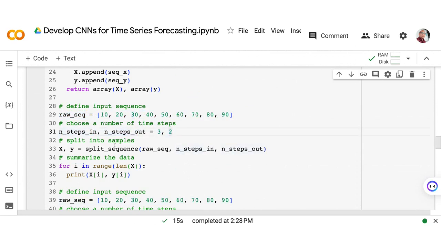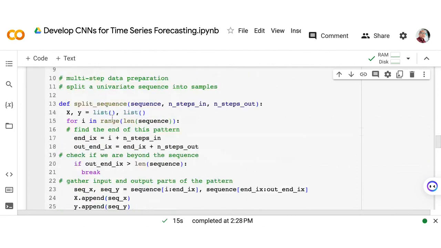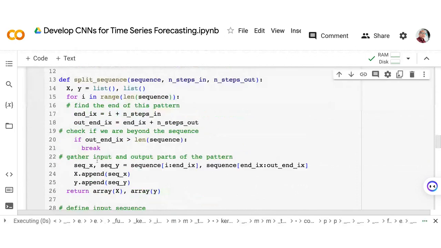Okay? So what if we change the values? Let's try to change the number of steps. Let's make it 4, and let's make the number of outputs 3. So what will happen? Let's try to run.